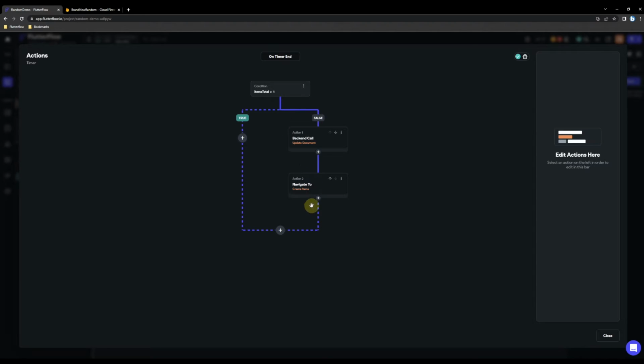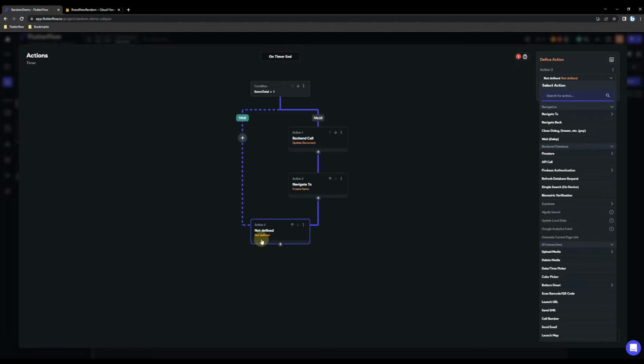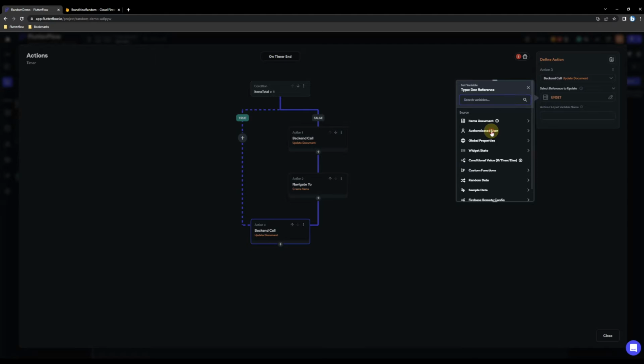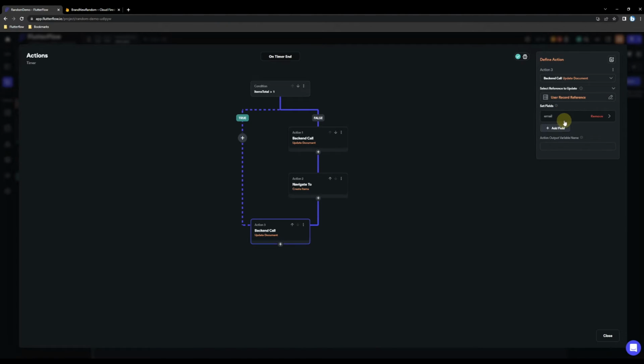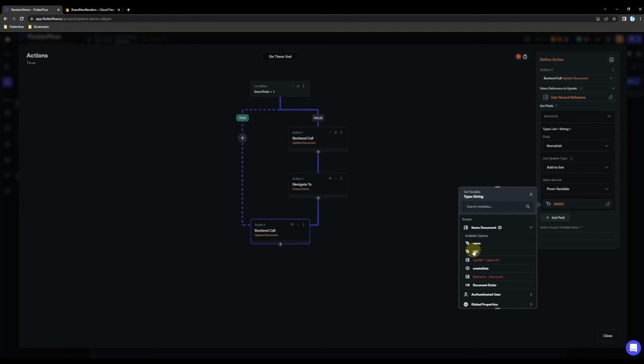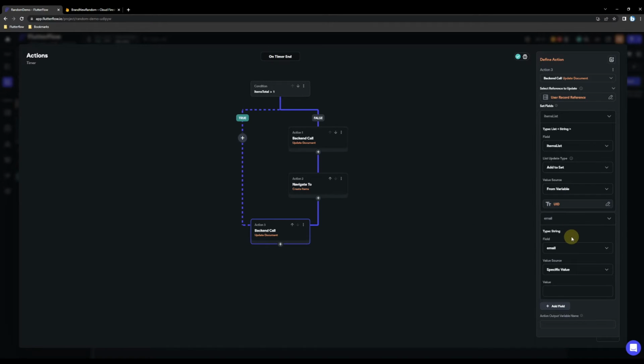So this is the false path. If, however, this is true, we can go there because we're gonna navigate away from here already. Add another action, make it another update. So again, authenticated user reference, items list, add to set from variable items document UID, and now comes the more interesting part. This time random item UID. There's more than one. Gonna go from variable